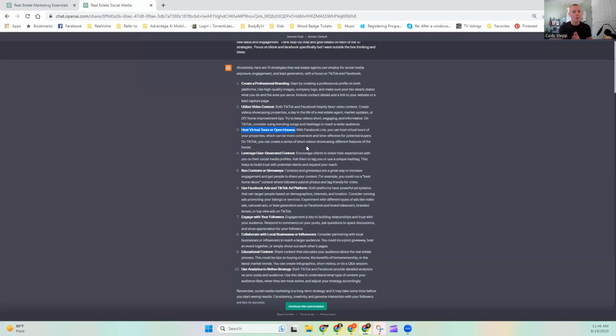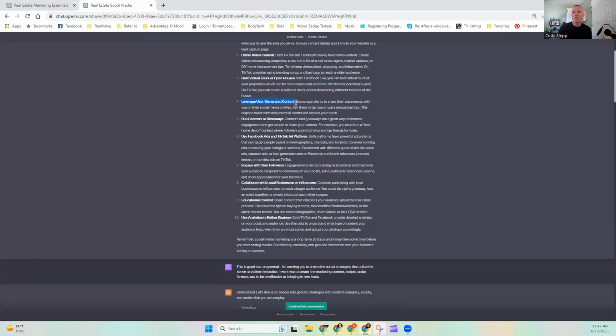Not only can people who are far away look at these properties, but it also gives that secondary benefit. I know everyone likes to share with relatives, friends, and family members what kind of properties they're looking at. And so this is a cool way to do that as well. And if you leverage it with Facebook Live events, man, now you're helping showcase things. You're able, as the real estate agent, to showcase that you're an expert in the field, and you can really do justice by these properties.